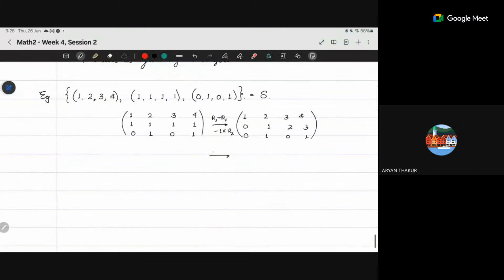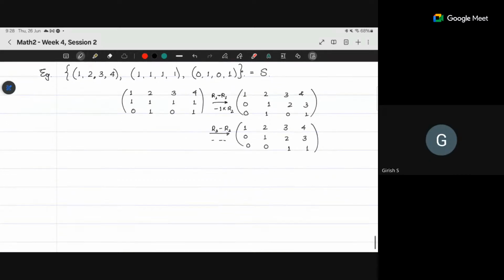Skipping a few steps, but by now you should be comfortable with this. And this will just be 1 minus 1. It will be 1 and 1, right? Is it not minus 2 minus 2? Okay. Yeah. Minus 2, right. Yeah, it will be 1 1. Now,